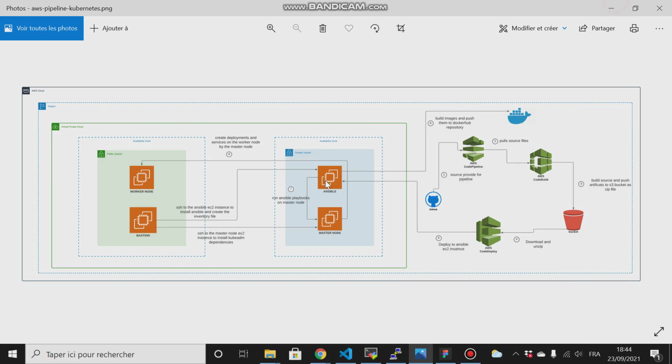And then push those images to our Docker Hub here,